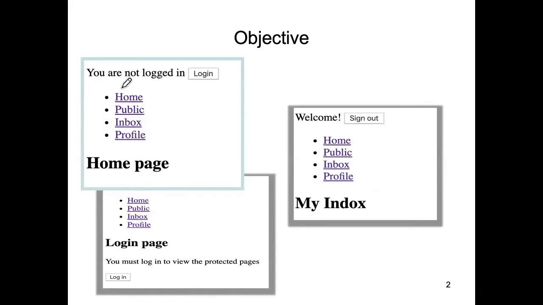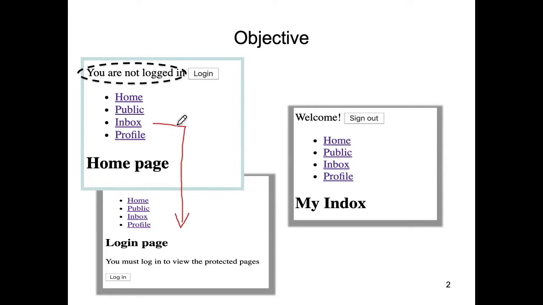And these two navigation links, home and public, are accessible to anybody. Whereas when a user tries to access either the inbox or the profile pages, then they're forced to log in. Also notice up here that the application knows that you're not logged in at the moment. Okay, so once the user tries to access one of these,